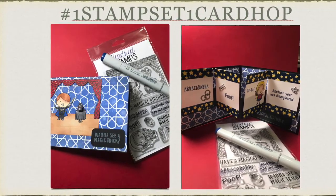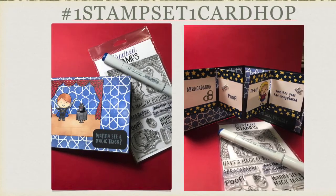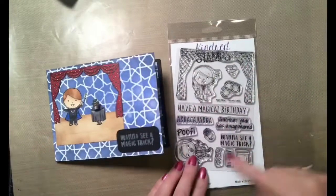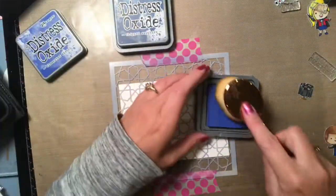So this video today is going to be for the challenge #1 stamp set 1 card hop, where you have to use an entire stamp set on 1 card. So the stamp set I'm using is Kindred Stamps Magic Show. You saw it there. So we're going to show you how to create this, and we're going to create a